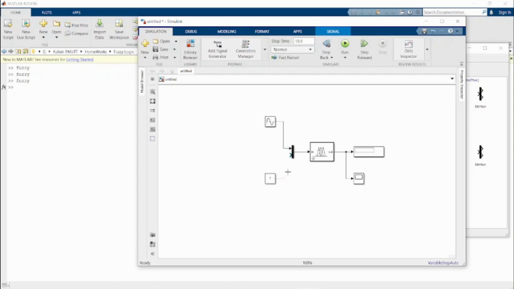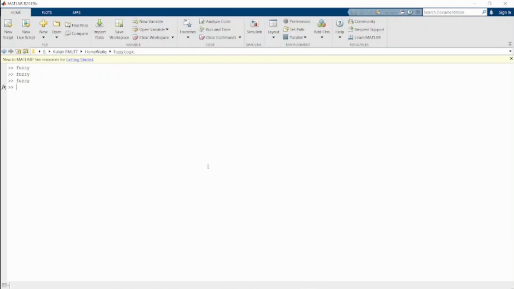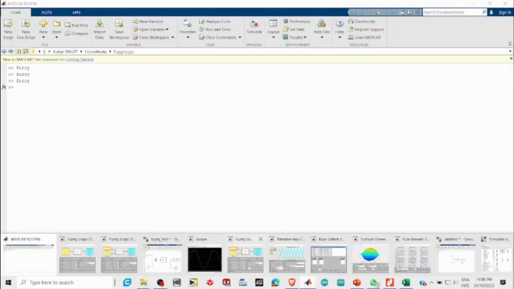We can just drag and drop it here. Okay. After that, from our Fuzzy Logic Designer,